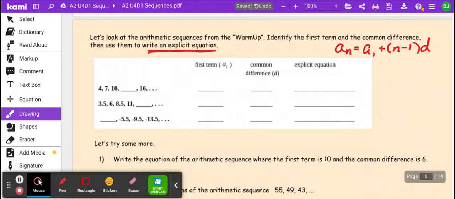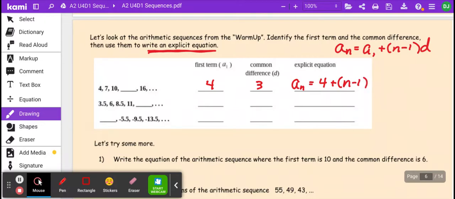So that's what I'm going to practice. If I look here, the first term is 4. The common difference, well, we found that out. You can just go back to your first page, or again, these are easy enough to see that it's 3. All right, so the explicit equation, which again is just a fancy way of saying I can find any term in this sequence, any number term would be the first term, which would be 4,